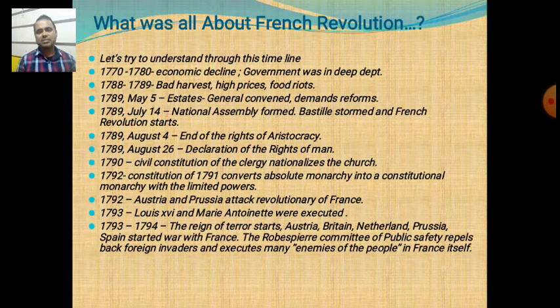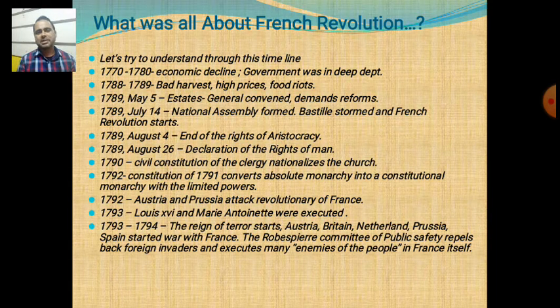Why am I giving this timeline at the very beginning of the chapter? If you have read the chapter at home, then this timeline will give you some idea of what you have studied or read. Not only that, if you go through the timeline just once, it will give you an idea how to prepare. And when we discuss the later part of the chapter in the next slides, it will be a little easier for you to understand. So let us see. I have prepared the timeline in this way.